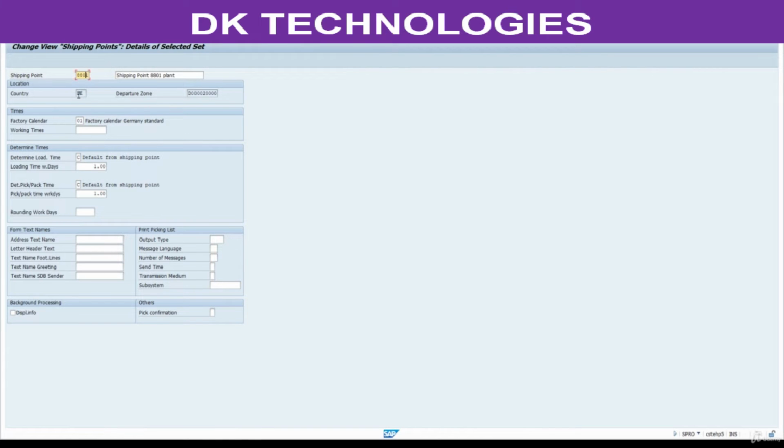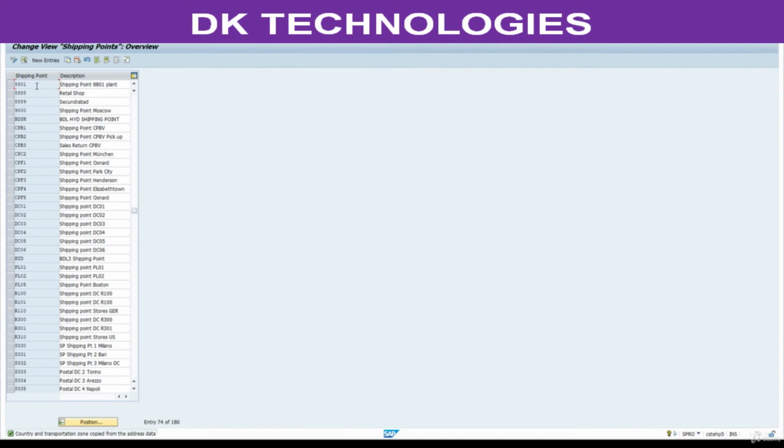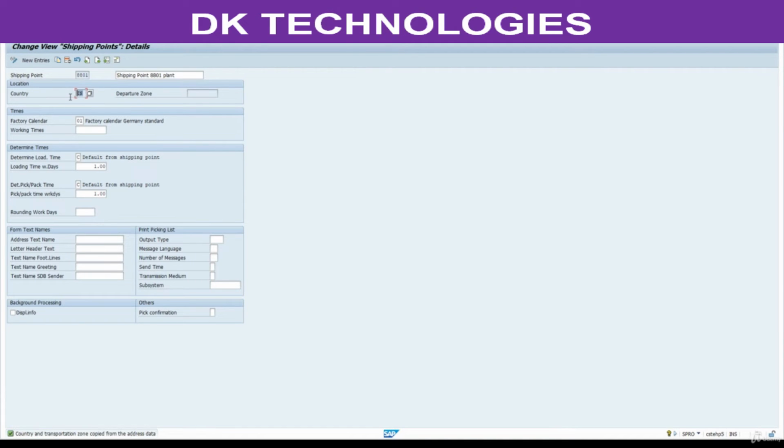Once we press enter, it will change to Control Y and remove unnecessary information like this. Select, press delete. Enter country. Click on this one. See, this has been changed to IN. Save this. Go back.